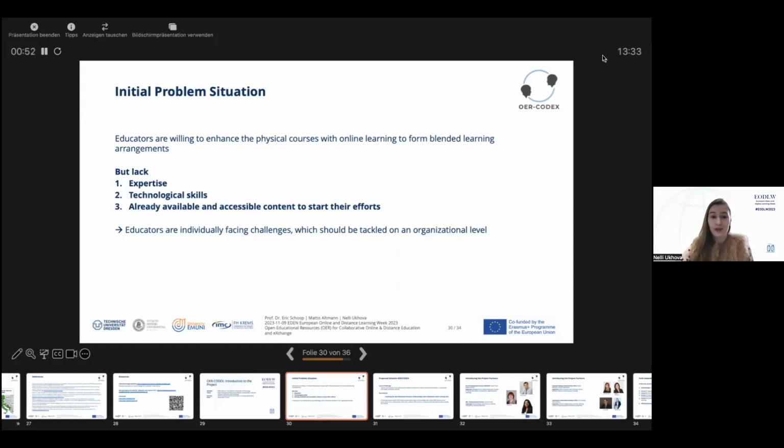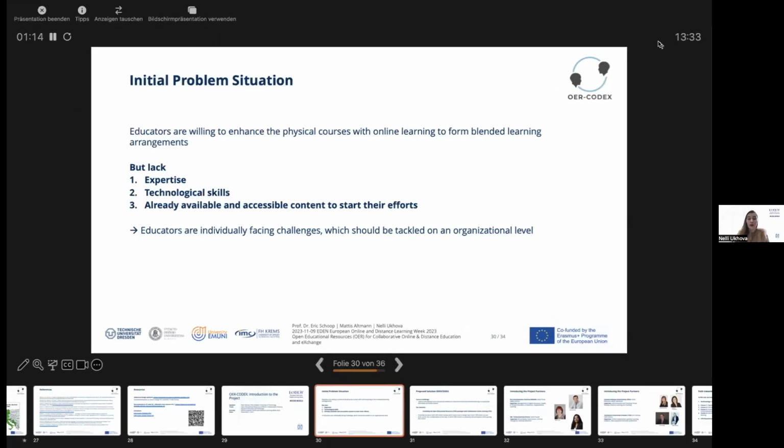However, they lack expertise. Sometimes they lack also the technological skills, or they lack the access to the accessible content that would help them to actually centralize their efforts and to start something altogether on the organizational level, which means that the educators are now individually facing the challenges. And we thought that it would be great to tackle these ones on the organizational level.